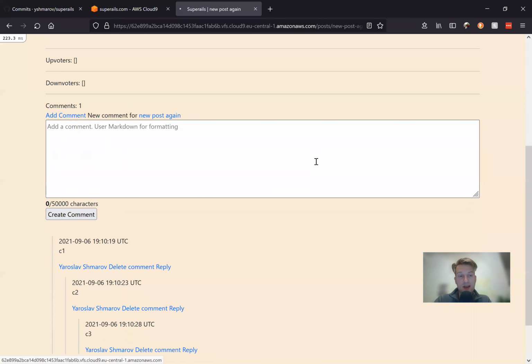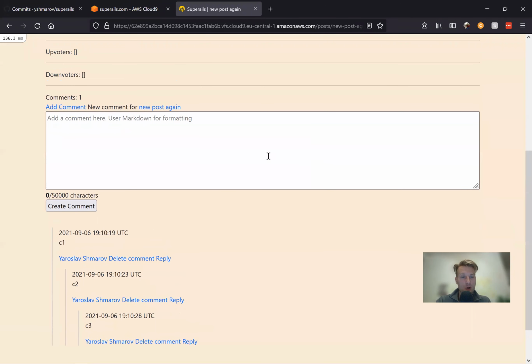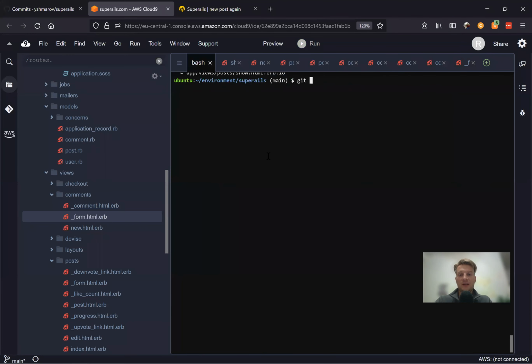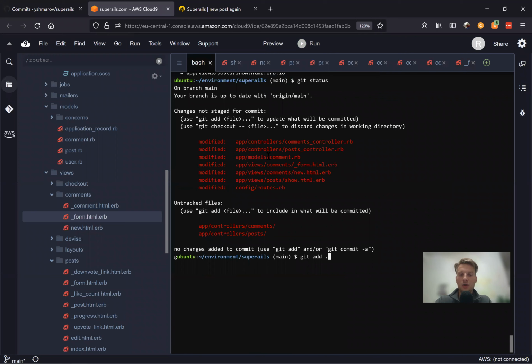So this way it might be a bit easier for our users to understand that this is for comments. So looks fine. And I think let's save our changes. So git status, git add all, git commit main, and